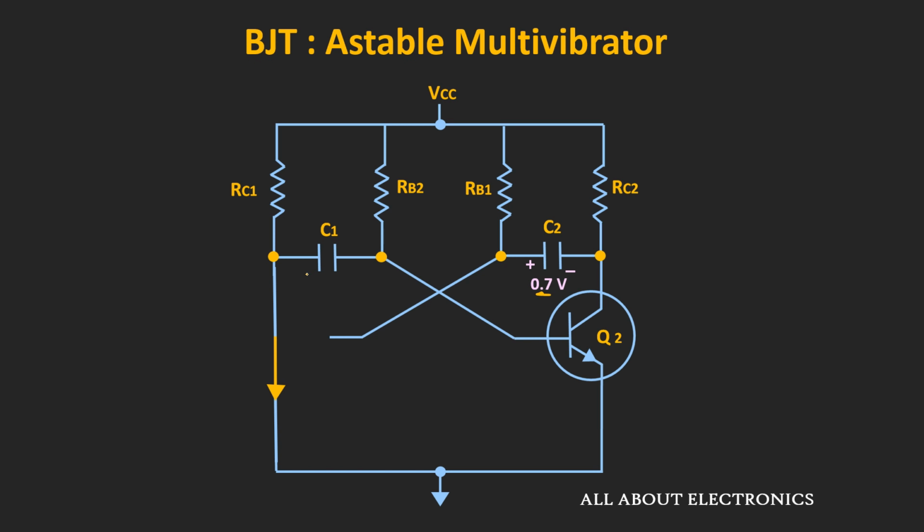So up to this point, this capacitor C1 has charged up to the voltage VCC minus VBE. And now due to this short circuit, the left hand side of this capacitor will get grounded. So we can say that the voltage minus of VCC minus VBE will appear at the base of this transistor Q2. So due to this negative voltage, this Q2 will turn off. So in this way, the state of the multivibrator has changed once again. That means now Q1 is on and Q2 is off.